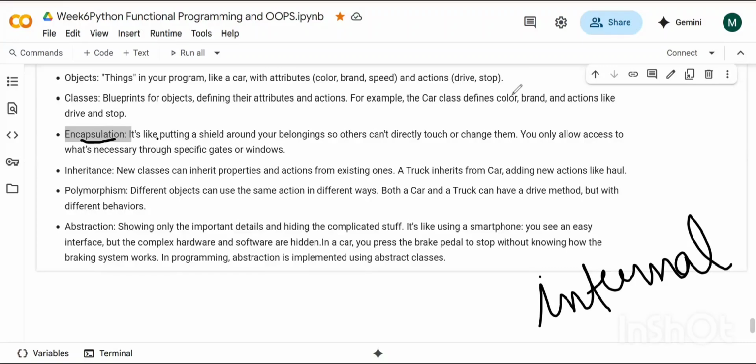So, as a driver, you do not need to know how the engine works. You just turn the key and the car starts, right?